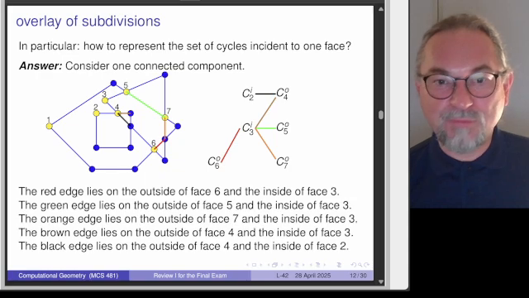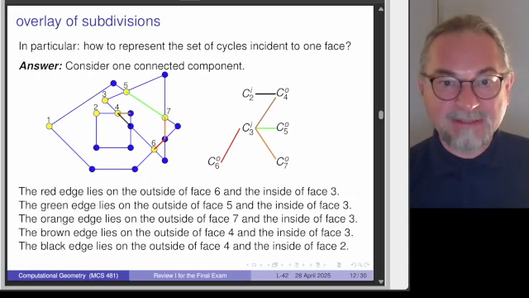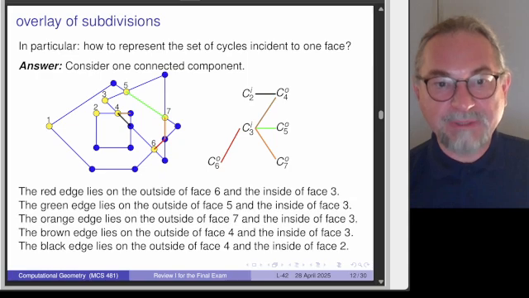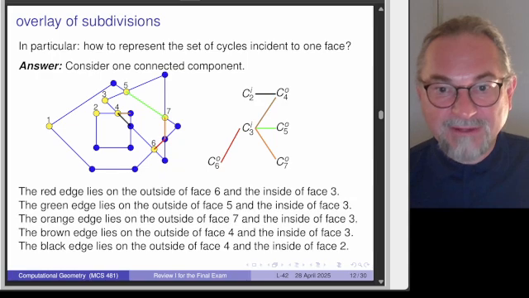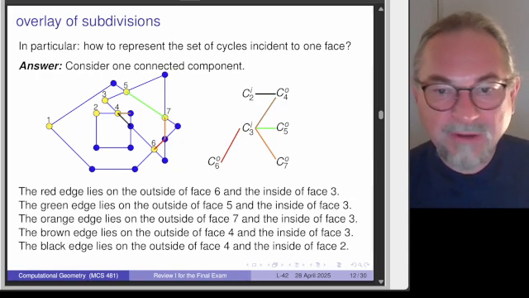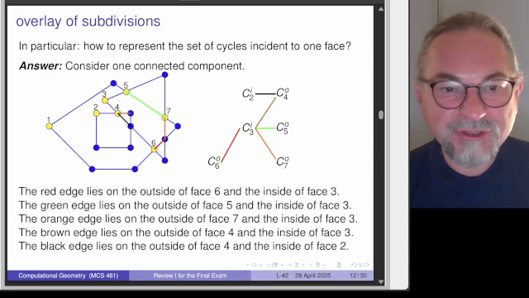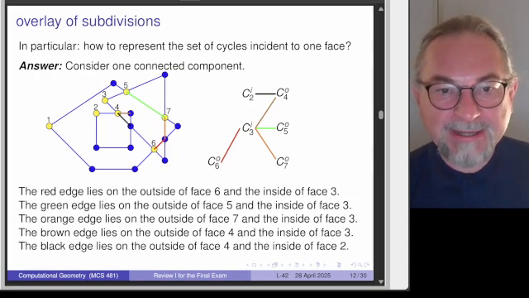If you move on the outside cycle of C5, but in the inside cycle you take the twin, you take the opposite direction. Okay, so now we have 6 components, but we have 5 edges. So the orange edge